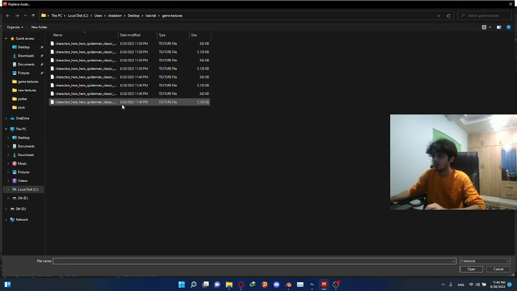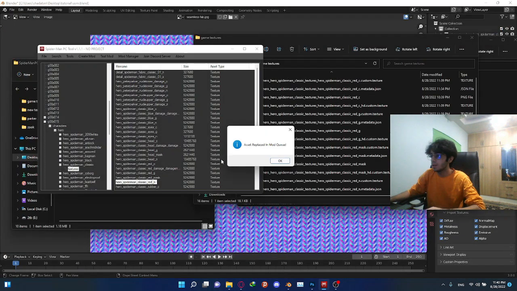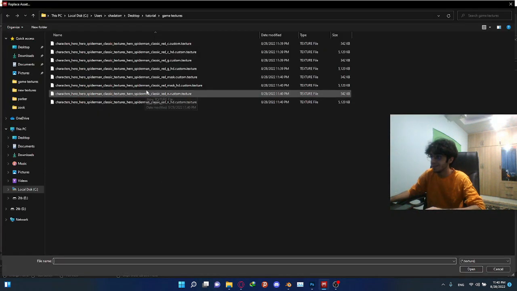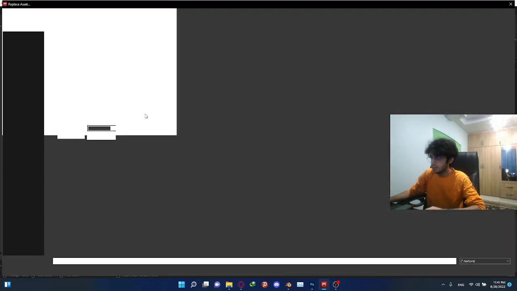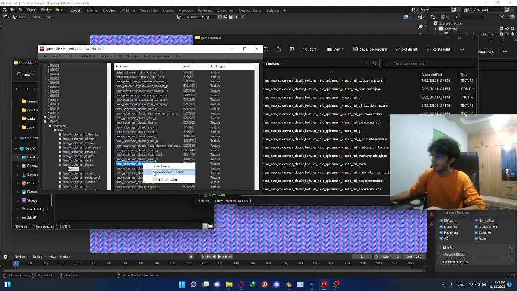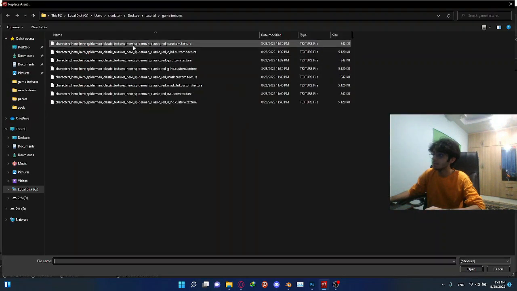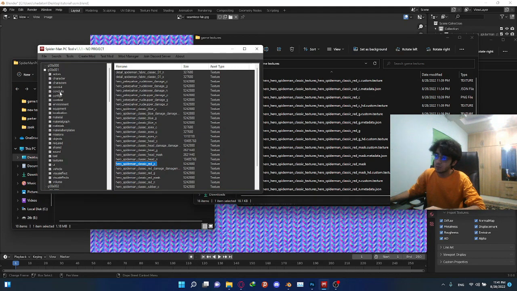Replace asset in mod. Extend this column so you see the name. We need N HD. Mask. This is not head, this is mask. Mask HD. Replace G. And replace C. HD. Repeat the process for the non-HD